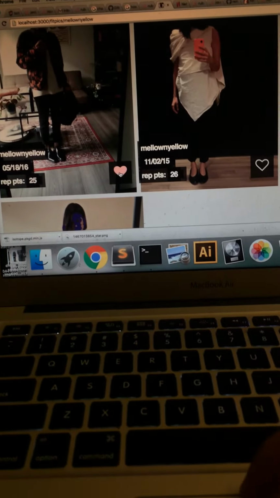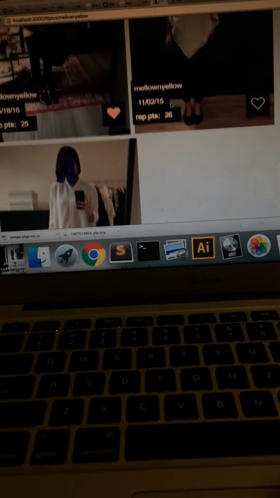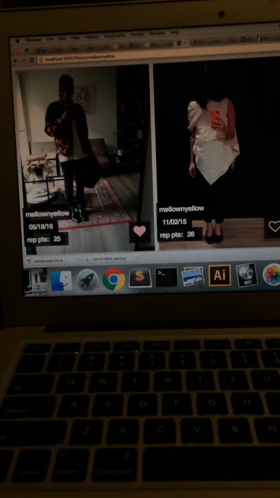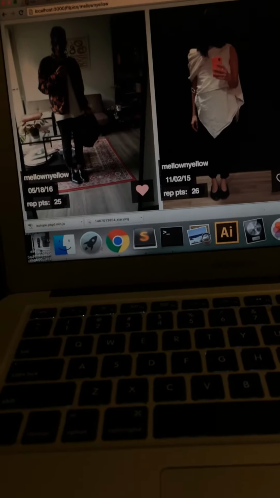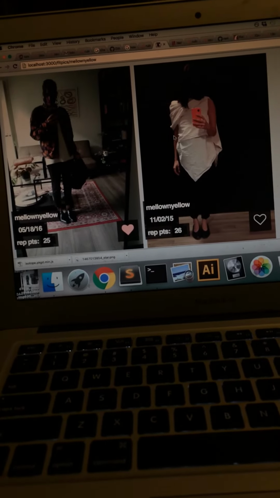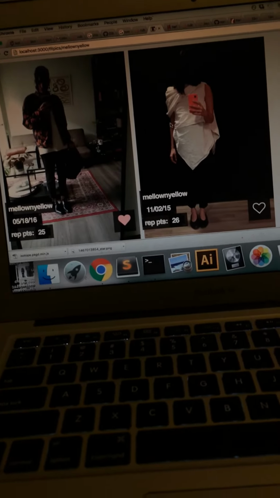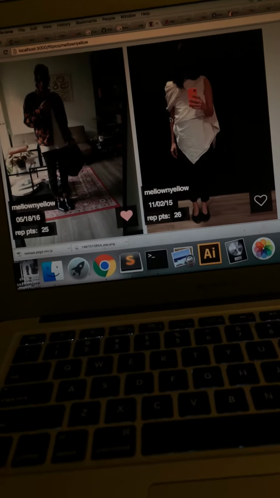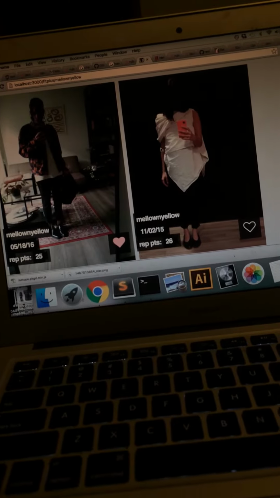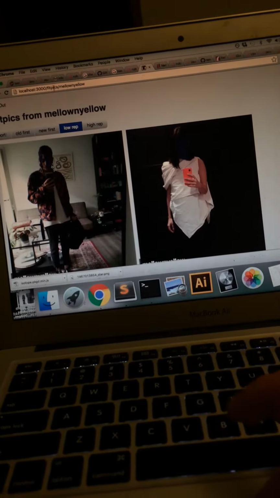So clicking the heart will add it to the favorites. Next, I am working on a view page that shows you all of your favorites as the logged in user. That's actually relatively easy. I just haven't made it yet, and that'll be the next step. Another thing is, if we just go back to the home page,